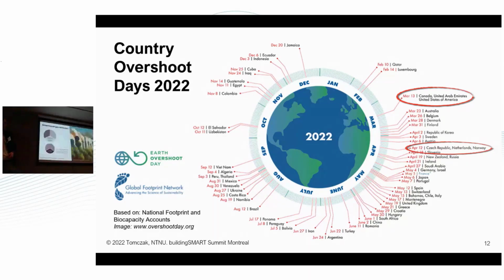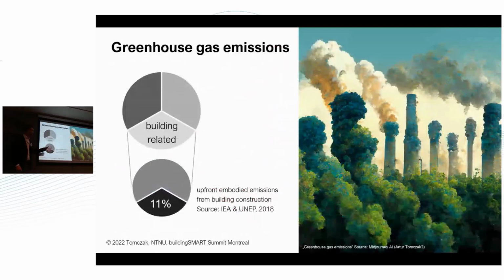Okay, so I mentioned greenhouse gas emissions. This is what the AI thinks it looks like. I don't know, honestly. And yesterday we could hear in one of the presentations, actually not only one, but more, that buildings are responsible for a huge chunk of the greenhouse gas emissions. And here I demonstrate how it looks for Europe. I don't know the Canadian or broader picture, but for Europe, buildings are responsible for 1/3 of the